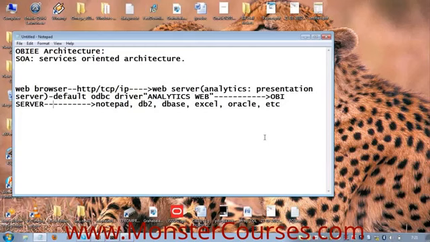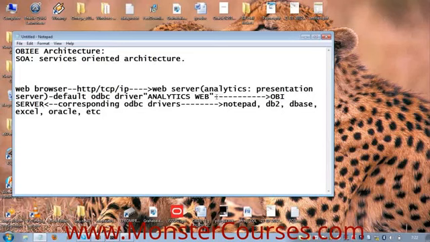Now the process is vice versa, reverse. Data is extracted from Notepad or any other data source, right? Now the corresponding ODBC driver will pick the data and send it to the Oracle BI server.